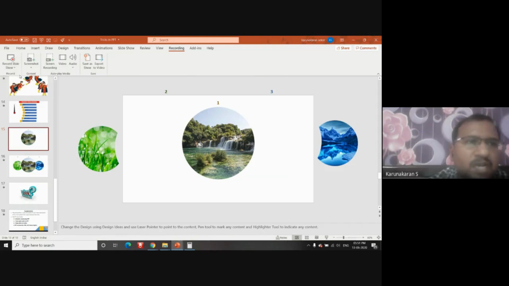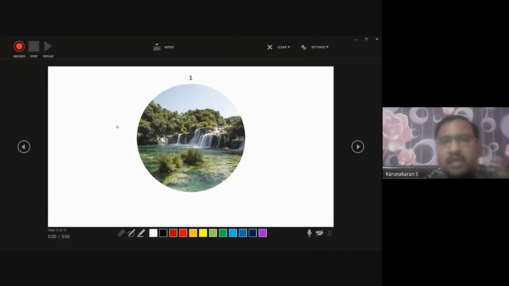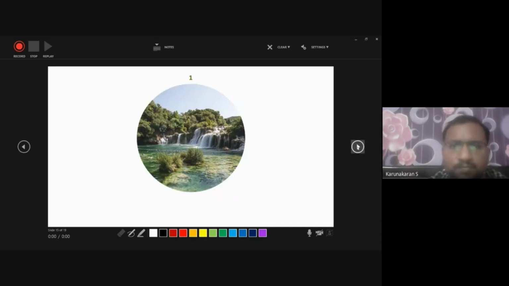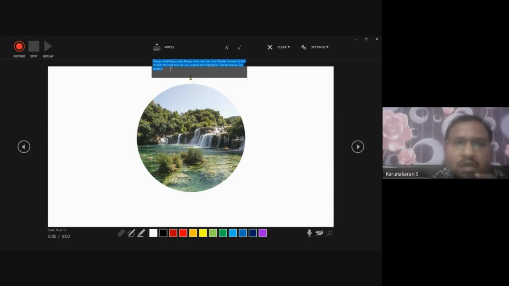Record from current slide means my recording will start only from this slide, and I can see all the slides available here. When I click on this, my previous slide will move. So I can use my recording voice to record my content, and here I have these notes. Can you see I have added notes here? You can read this, but when you record, this will not be visible in the video. When you convert it into a video, these notes will not be displayed in the video.